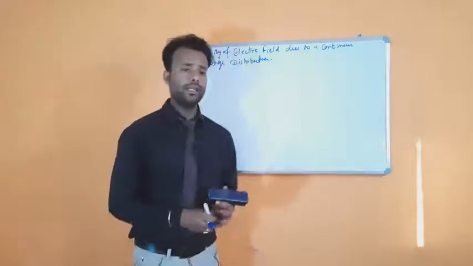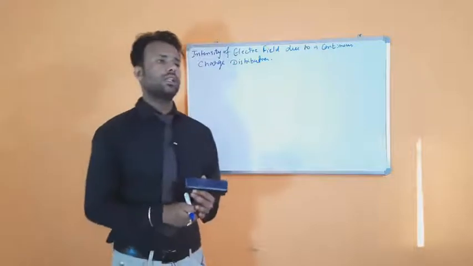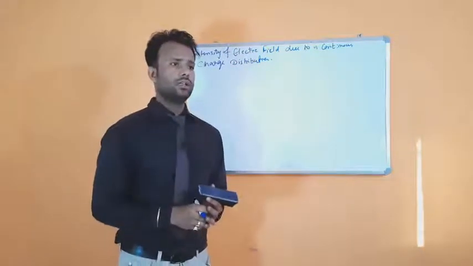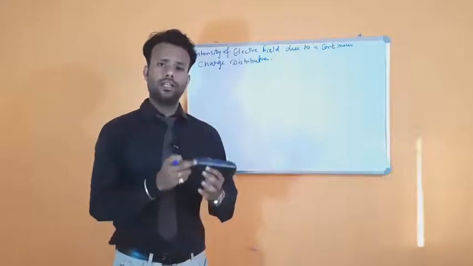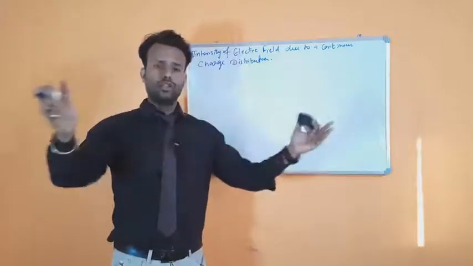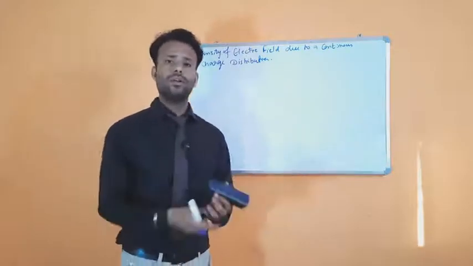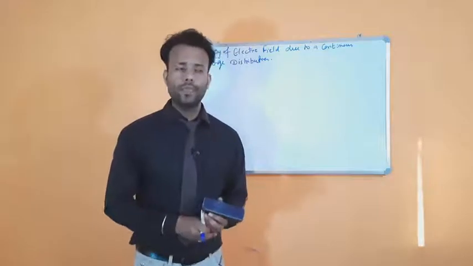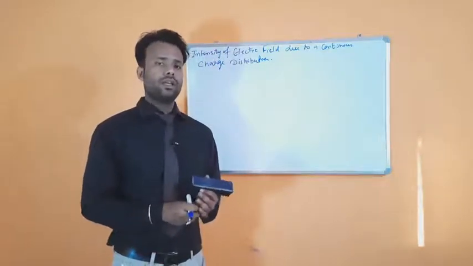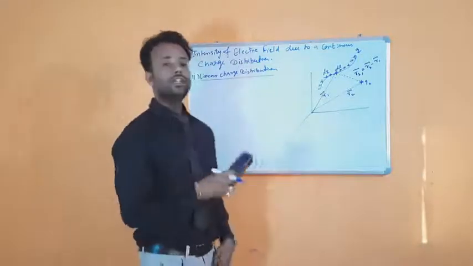Now, what happens if the charge is not alone, but is in the form of a certain distribution? We can have a linear charged wire, a charge sheet, a charged cylindrical body, or any other body which has some volume. So how the electrical field can be calculated in such cases, we'll see in this topic. First, let's talk about the linear charge distribution.